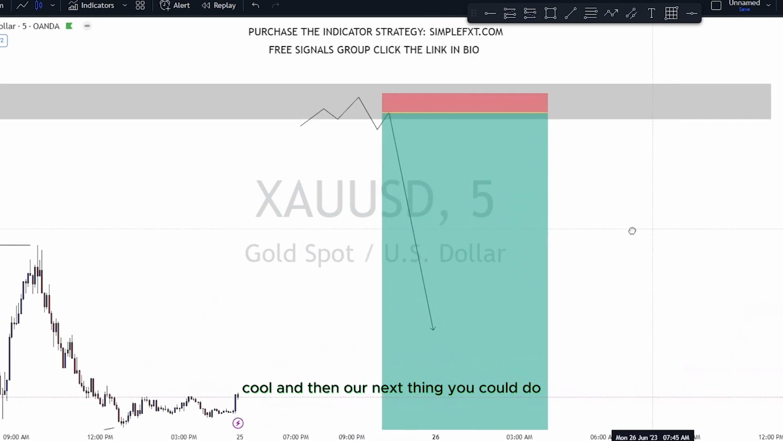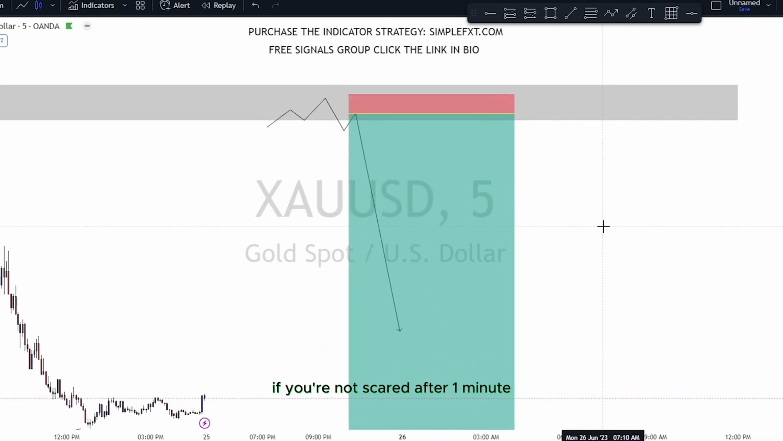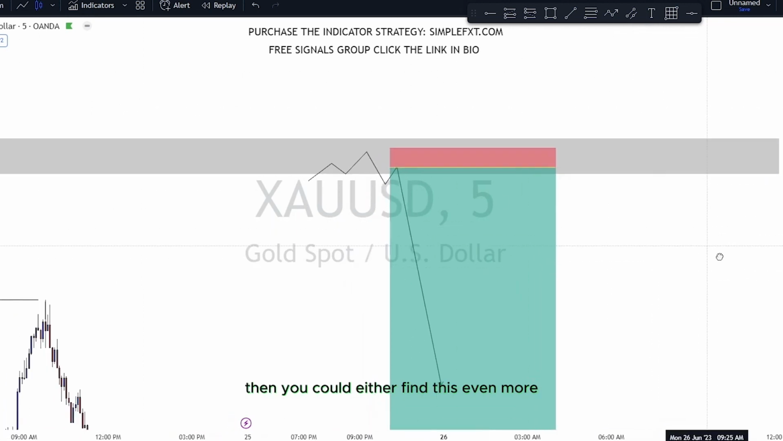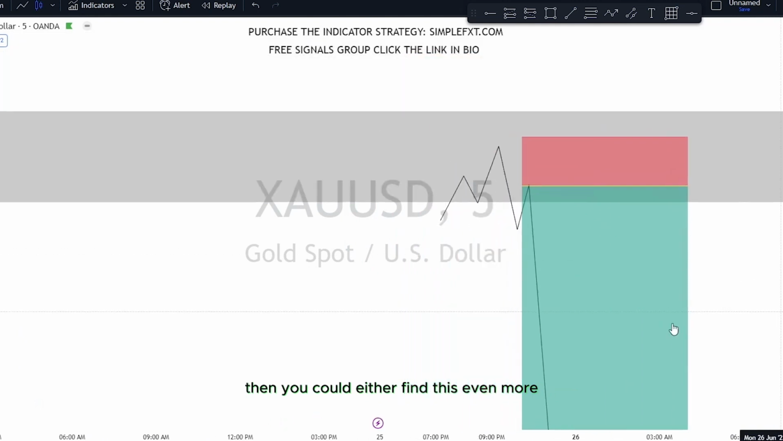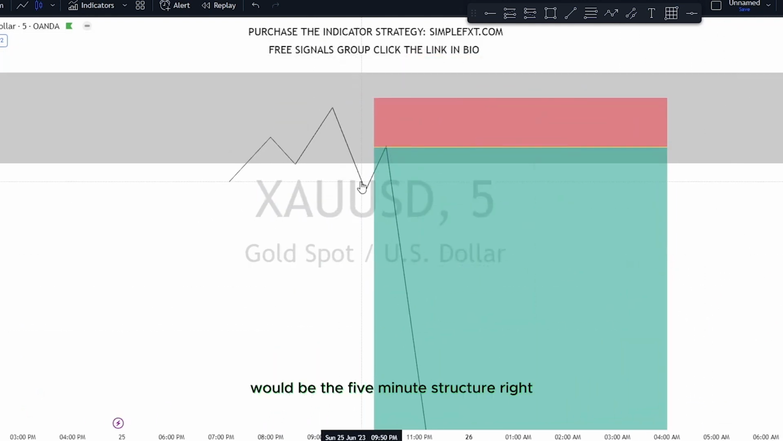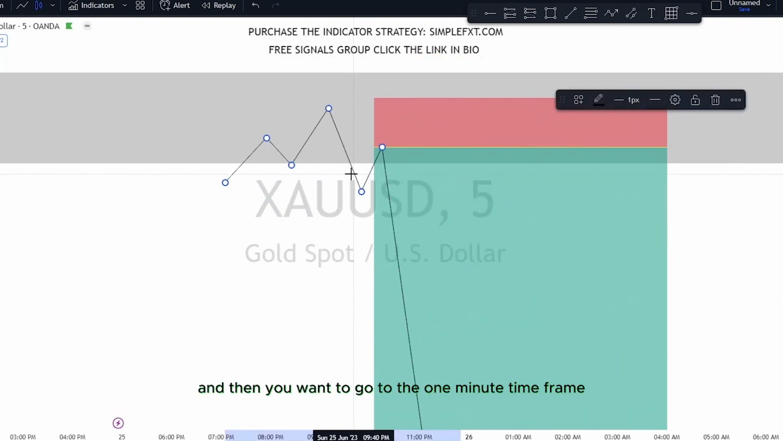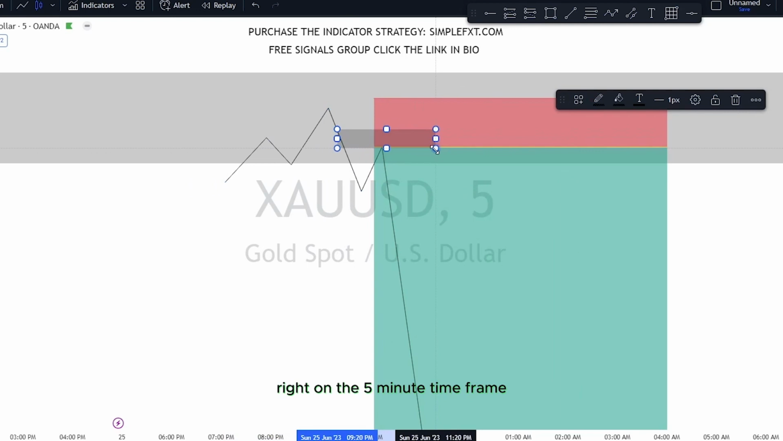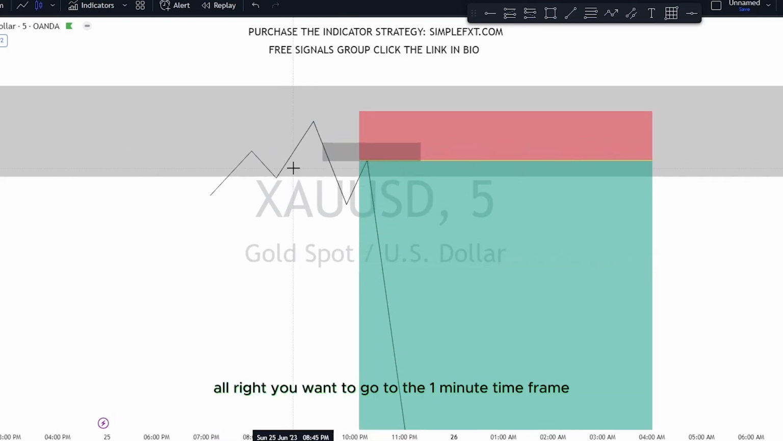Cool. And then next thing you could do, if you're not scared of the 1 minute, honestly I mostly trade the 1 minute time frame, but if you're not scared of the 1 minute, then you could refine this even more. So that would be the 5 minute structure. And then you want to go to the 1 minute time frame from this. Let's say the point of interest is here on the 5 minute time frame. You want to go to the 1 minute time frame, and you want to look for the same exact pattern